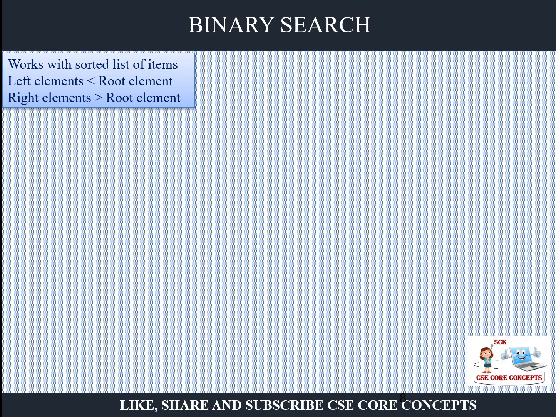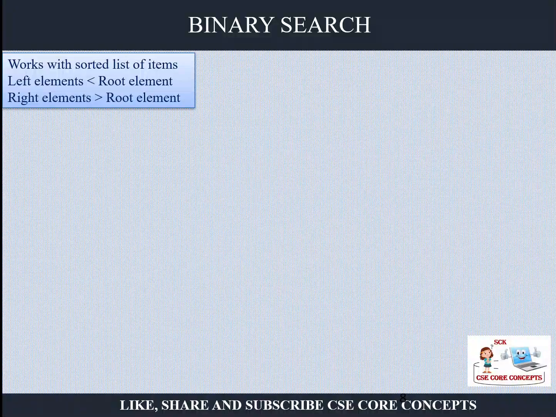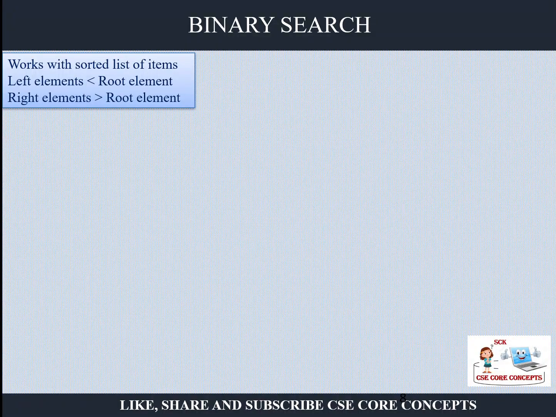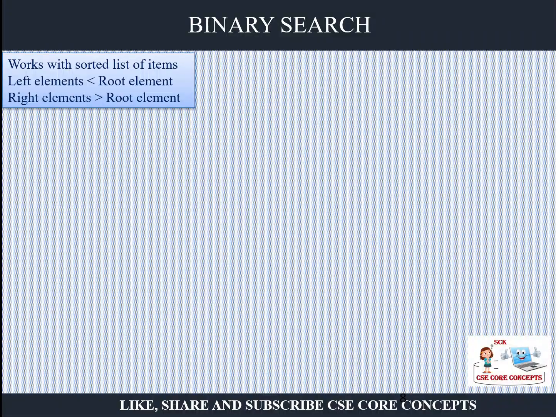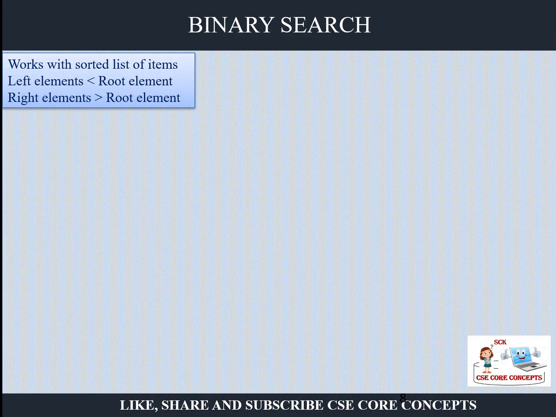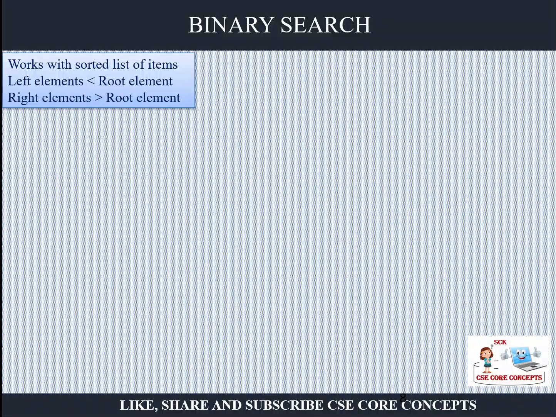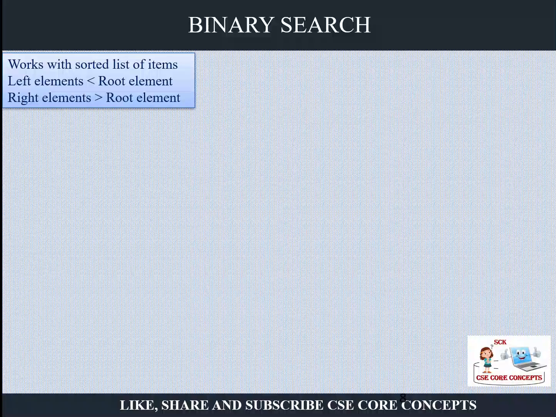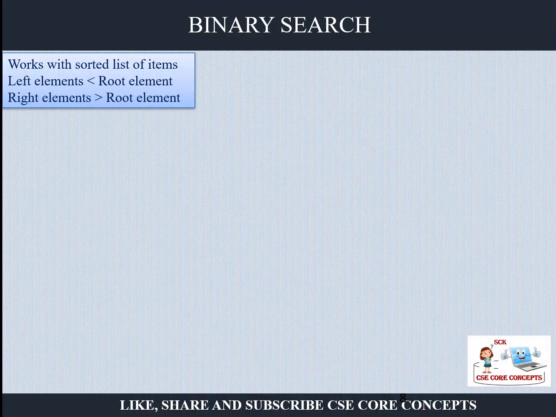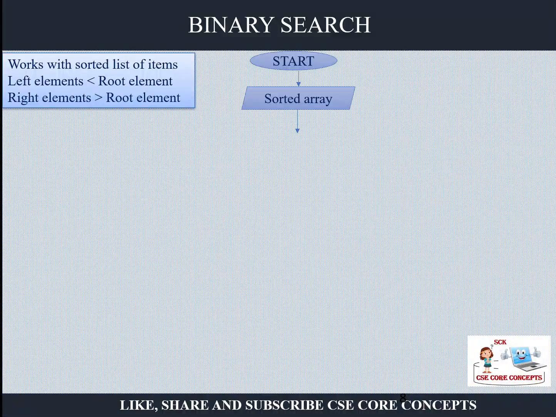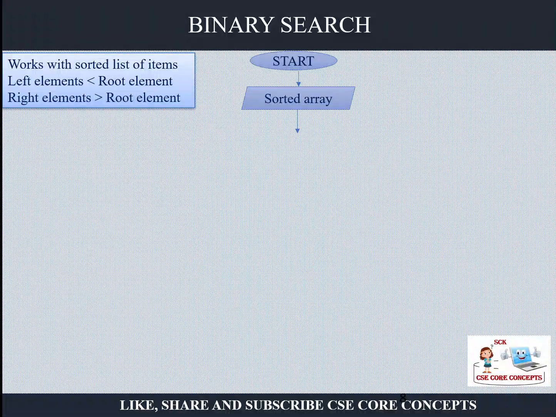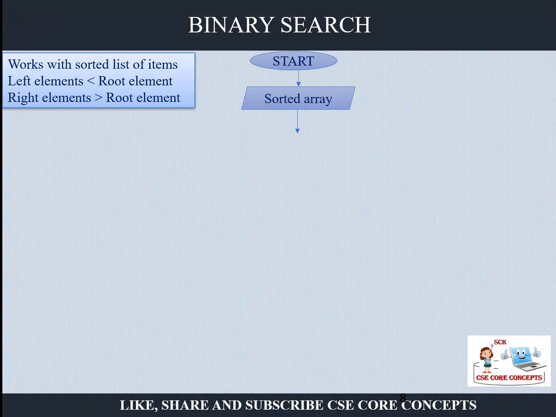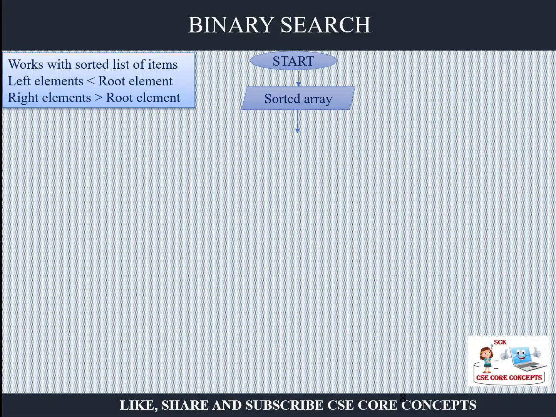That is a binary search. If you sort the elements and store them, then searching becomes much faster. In the case of a binary search, as we understand from a binary tree, there is a root element, some nodes on the left side, and some nodes on the right side. The elements on the left side of the root element are less than the root element, and the values greater than the root element are placed on the right hand side. This binary search is possible only if your array is a sorted array. Otherwise you cannot perform a binary search. You have to go for a linear search.